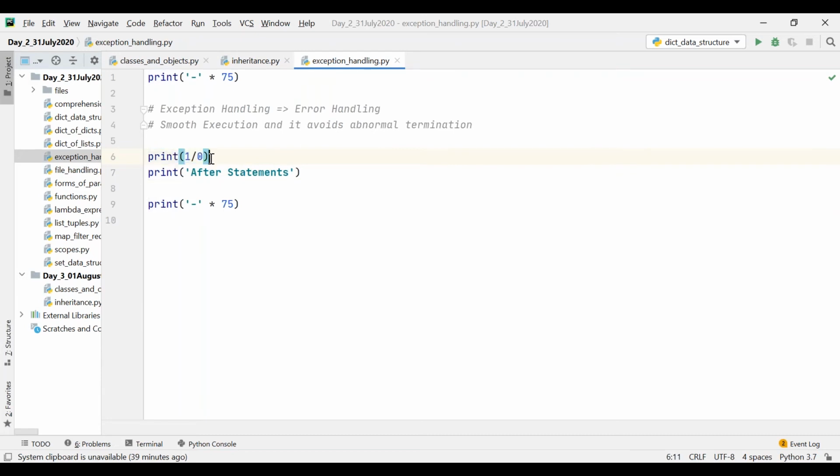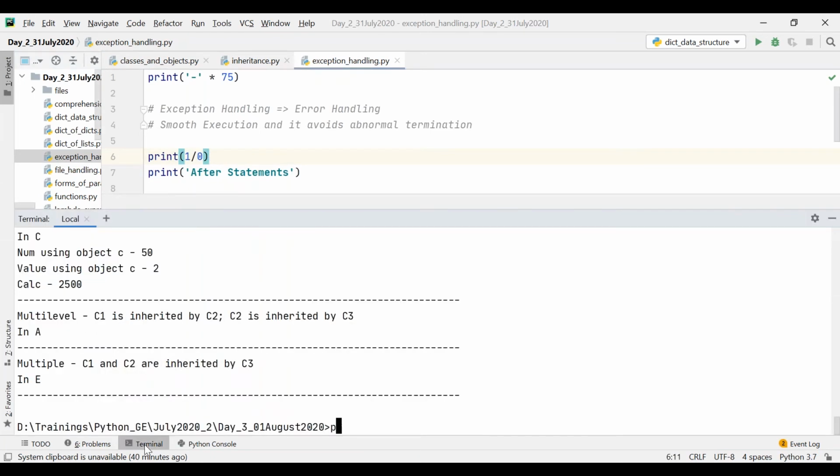In theory it is infinity, but programmatically we can't define that value, so this will raise a runtime error. Whenever I execute this, the program execution will be terminated at this point itself. Whenever there is an exception, it will not continue execution by default in interpreted programming languages.